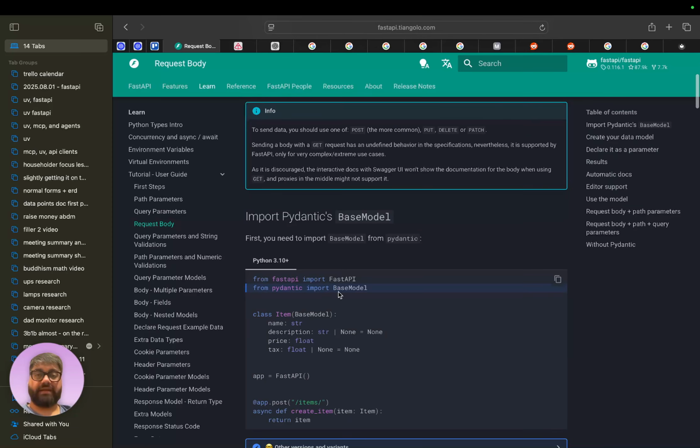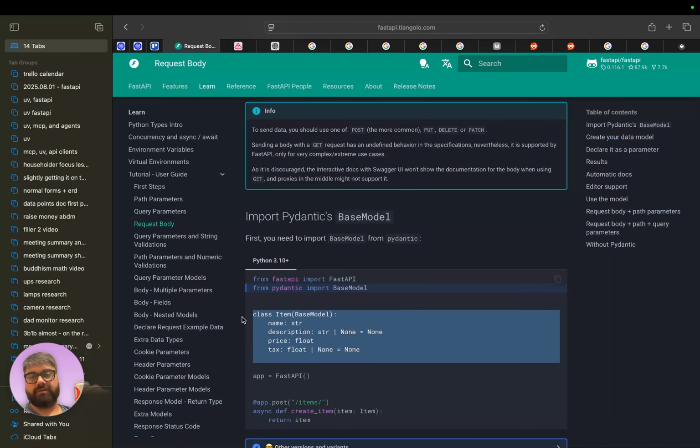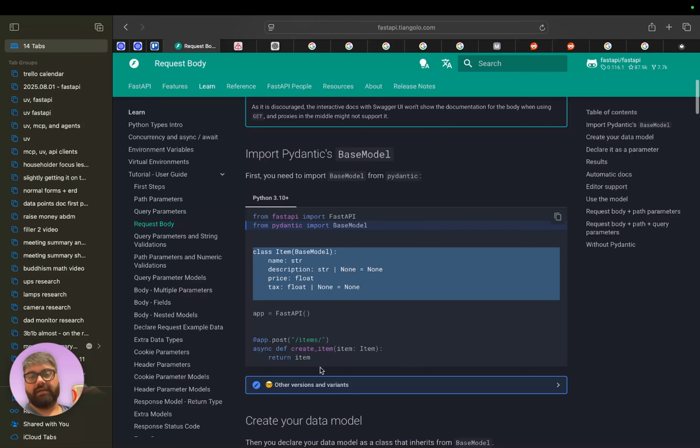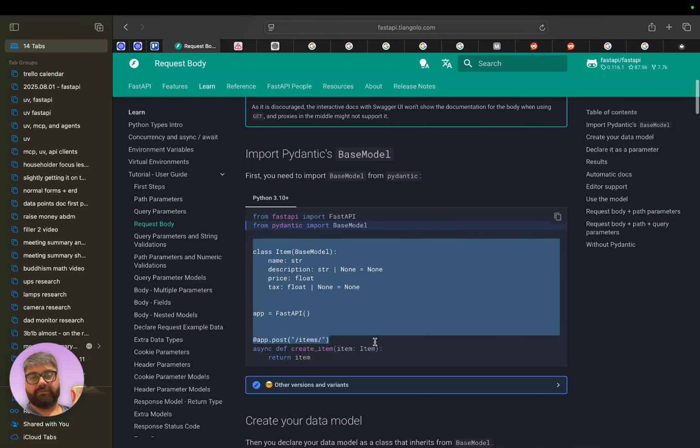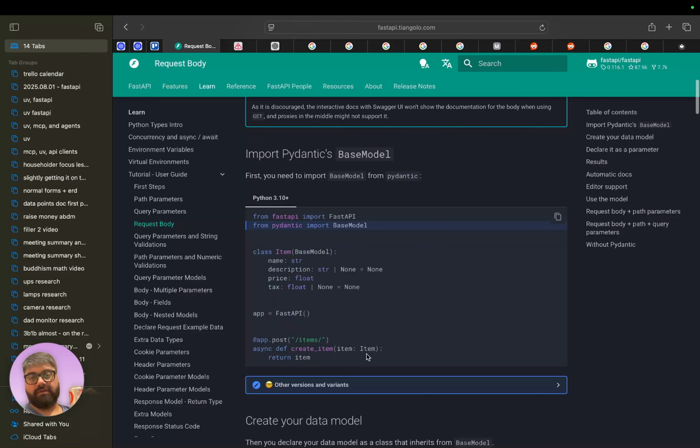So from Pydantic you can import BaseModel, so class Item(BaseModel). This essentially defines the schema of a request object or a response object. In this particular example, it's the request object because it goes into the function parameters, right?